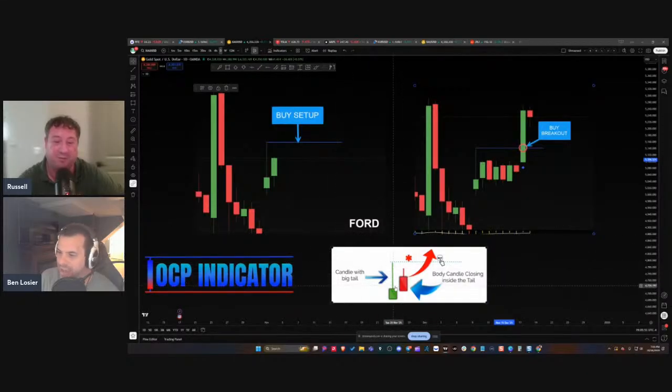I like the way that it identifies the first two, and then it has to break a certain level, which is that first candle right here. So I actually like that kind of trading, and closing above a certain level, just because it seems like that's where a lot of eyeballs are at. So when you cross that line, good things are going to happen, especially on the upside, or if it's the opposite way, it'll be going to the downside.